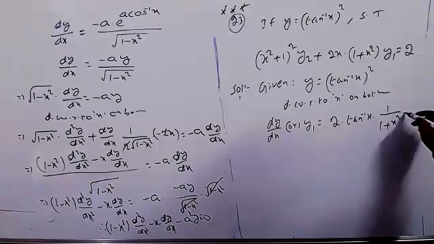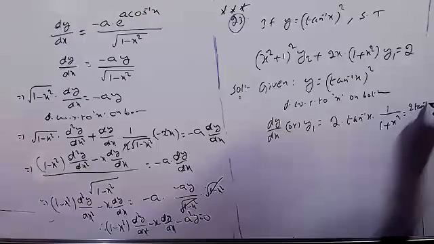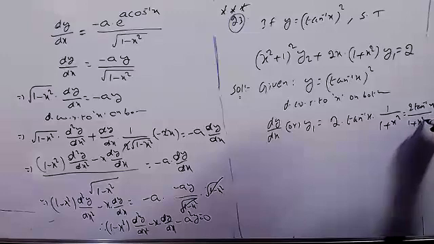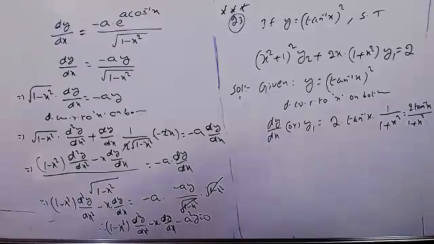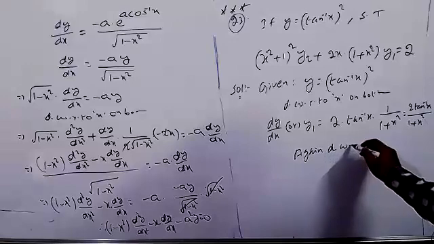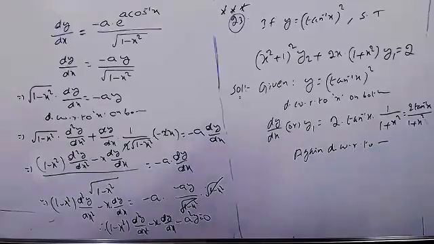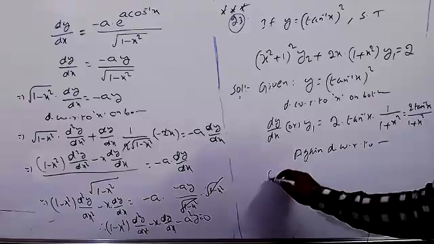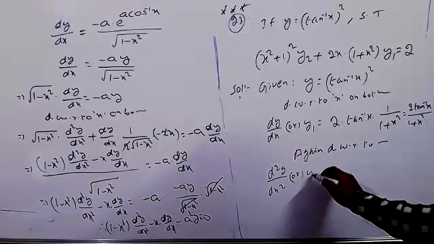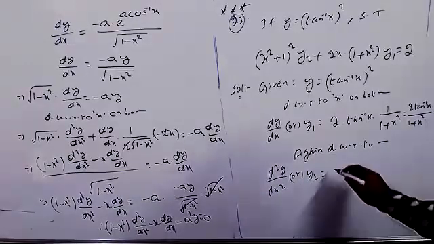The same you can write now: 2 tan inverse of x whole by 1 plus x square. Again differentiate with respect to x on both sides. d square y by dx square or y2 equals,